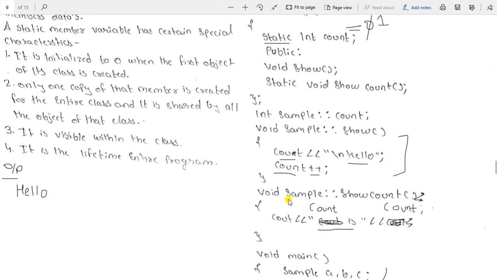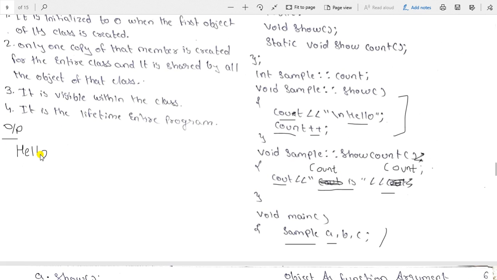I have not written cout count here. Still, I am counting the numbers. How many times I access this function, that many times the count will be incremented by 1. We are not printing that, only the hello word will be printed. I hope you have got this. So the hello will be printed and the count value will be incremented by 1.